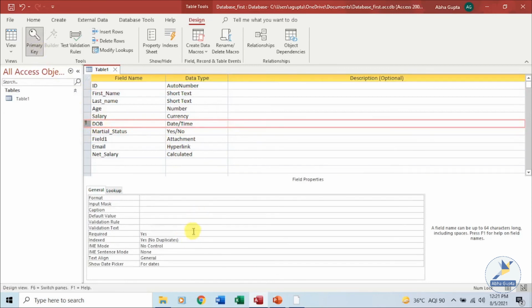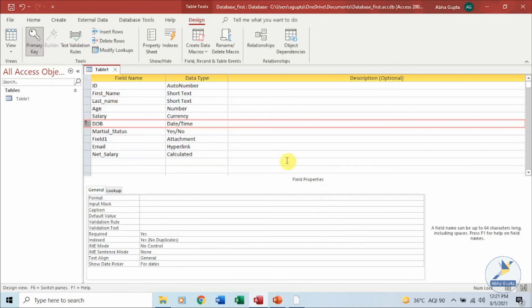Here you can see in the properties window that it is always required. No duplicates are allowed. This is the main requirement, and no duplicate values are allowed. Now it checks that every record in the table is unique. It cannot have duplicate values, nor can it be left blank while entering the data. Now there are certain constraints also while we are fetching data from two tables, or we are trying to delete the data, that we'll discuss later.